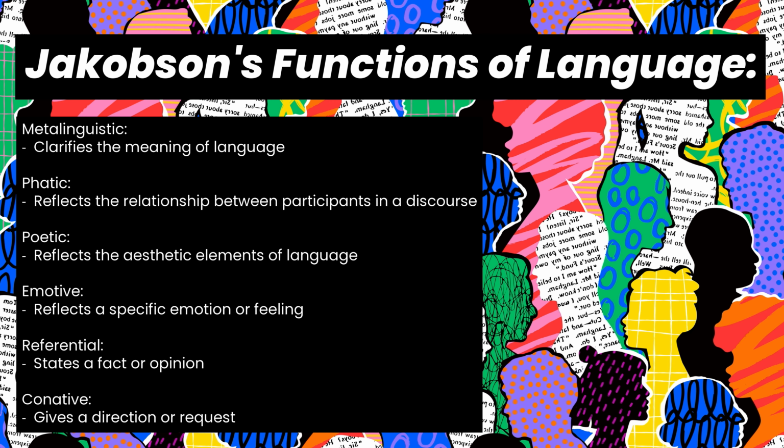Next up is the phatic function. And language that has a phatic function is aiming to reflect the social distance and relationship between participants in a discourse. Very often, it's aiming to reflect a close social distance or functioning to close the social distance between 2 participants who have started off the conversation with a wider social distance. If you've ever said to someone, "Hey, how are you? It's so great to see you," then you've taken part in a discourse that has a phatic function.